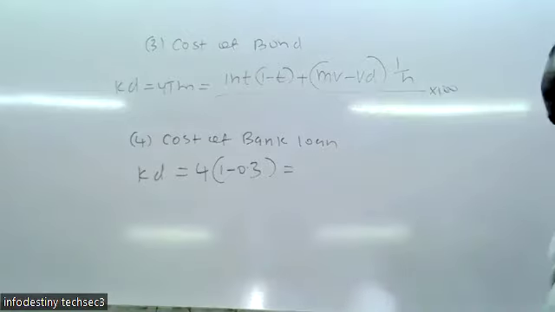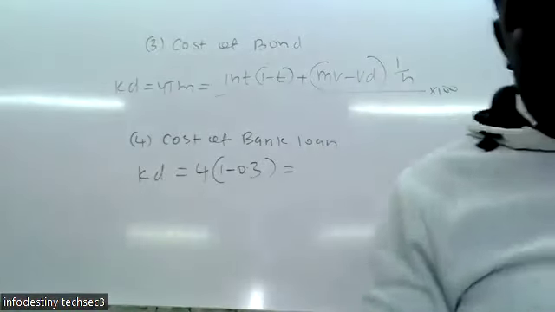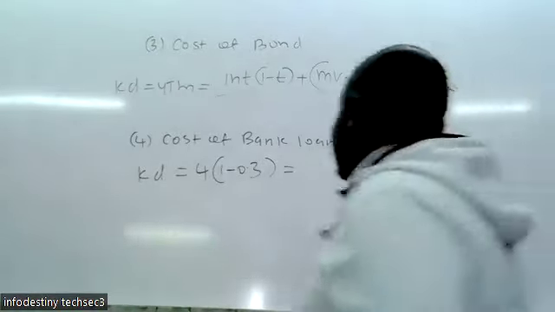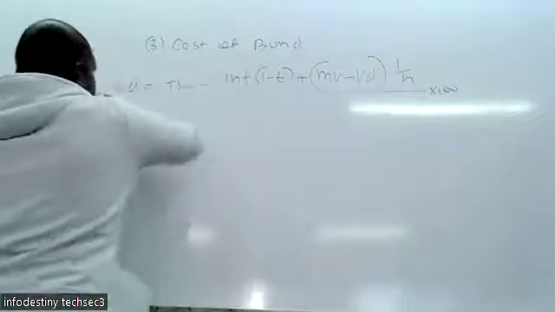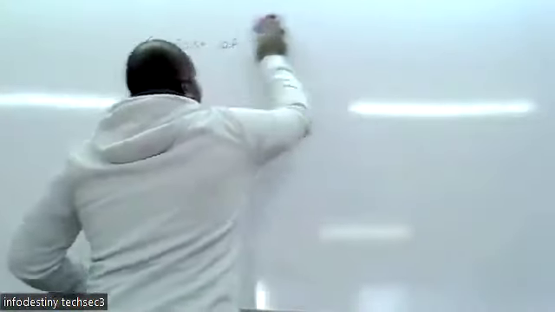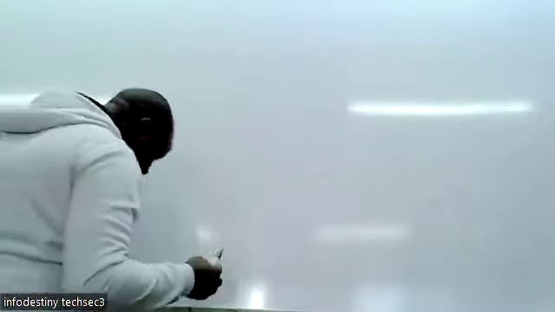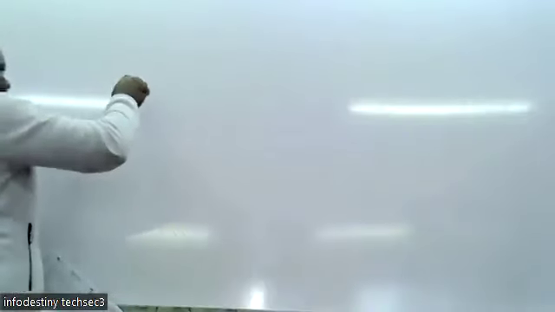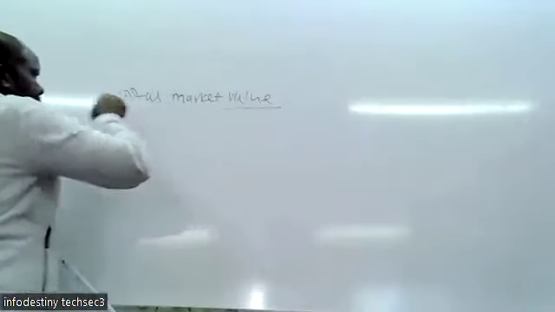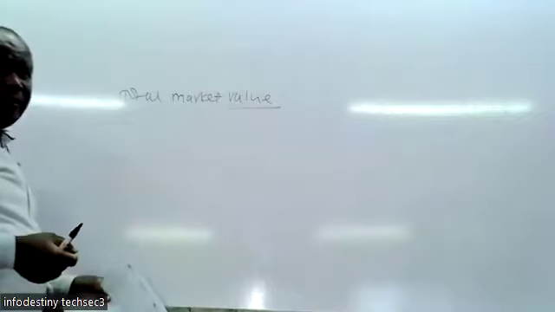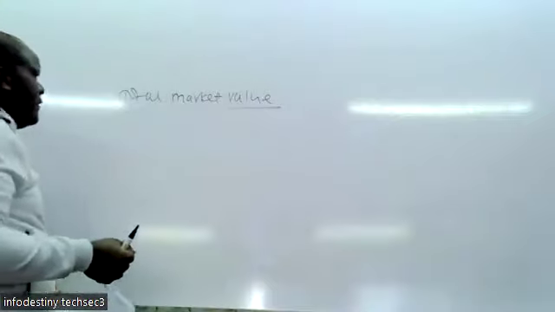So let us now get the total market value. We come up with the total market value so that we compute the WACC. So this is how to get the total market value. So that total market value, we start off with